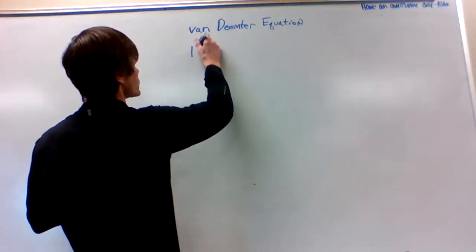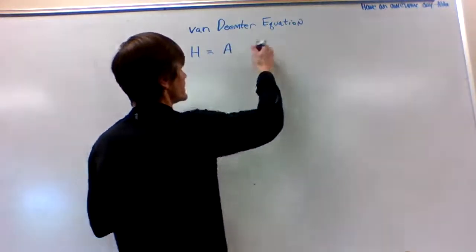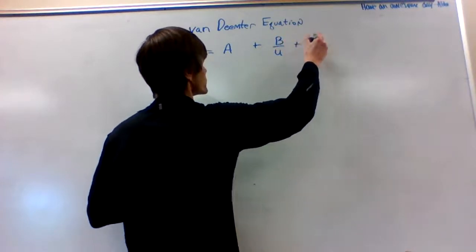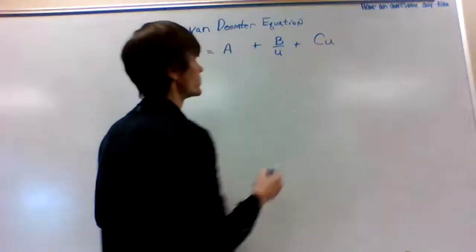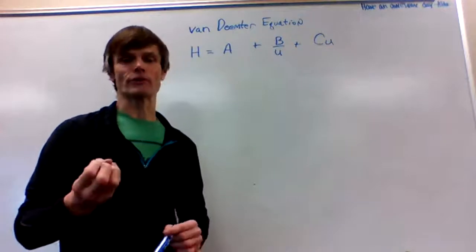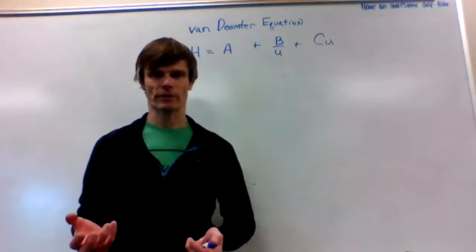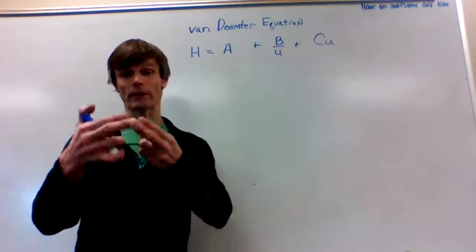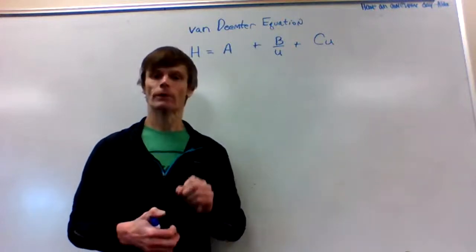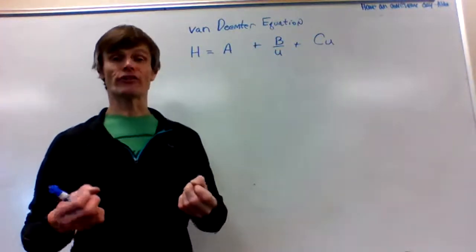H is influenced by three factors. A plus B over U plus C times U. Okay, A, B, and C. These are all factors that are just constant depending upon the column parameters. Packing material is really important. How efficiently we pack a column. How small the particle diameter is in a column. Some of these values that we're going to list also depend upon the diffusion coefficient of the solute particles that